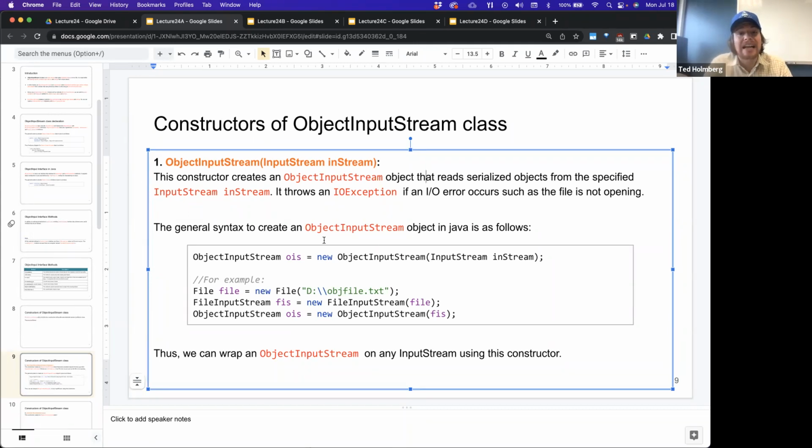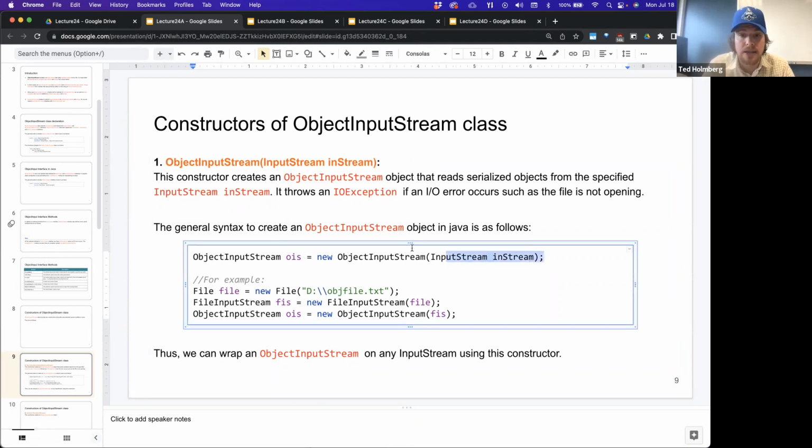So the general syntax to create an object input stream would look like this. Generically, using some input stream, we could use the constructor new ObjectInputStream and then save that to a variable. More accurately, it might look something like this. And in fact, let's use a Unix-like